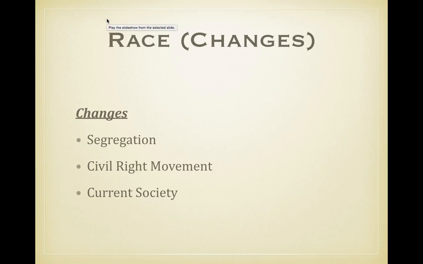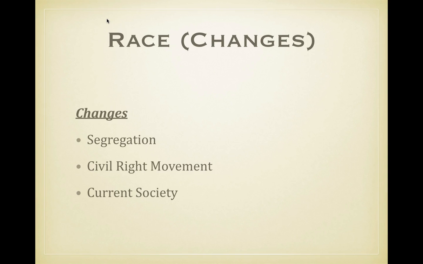Such ideas of racial superiority allowed the white race to control all aspects of life for the lesser races, in particular the black American population. Although slavery was abolished after the Civil War, many states enacted Jim Crow laws which required segregation in schools, housing, and public transportation for whites and blacks.